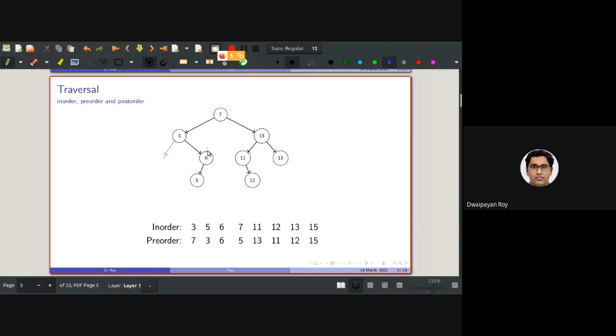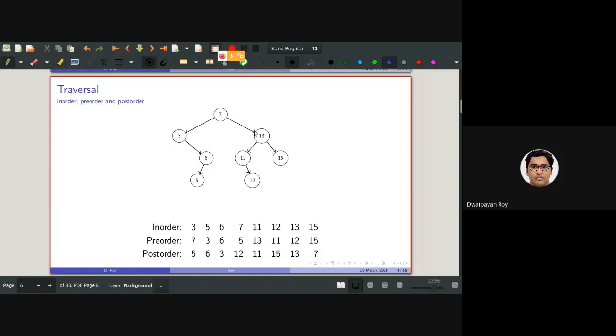Then for this, when we consider this as the root, again the pointer will be set to the left subtree, and then again to the left subtree, which is null, and the right subtree, which is again null. So basically 5 will be printed. Then for this tree, the left subtree is traversed, the right subtree is null. So then the root will be traversed. So basically it will be 5, 6, then 3, and then 12, 11, then 15, 13, and 7.